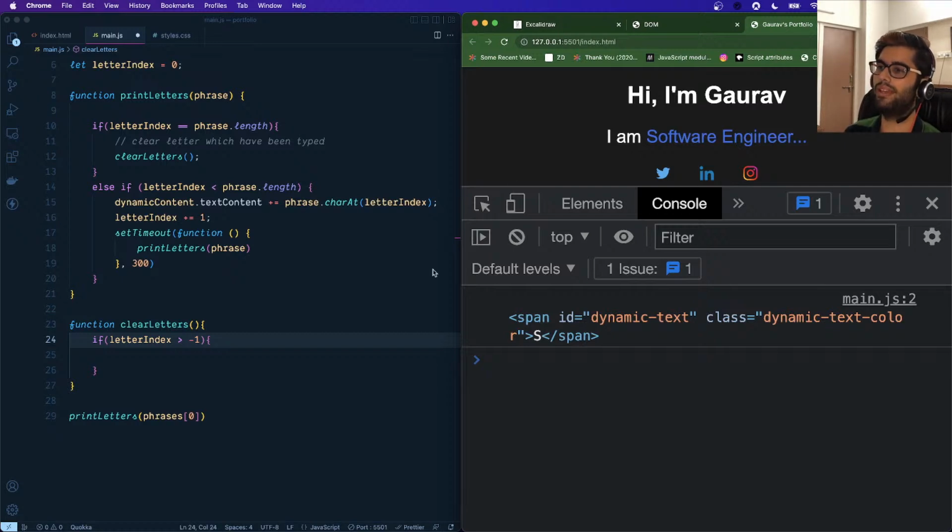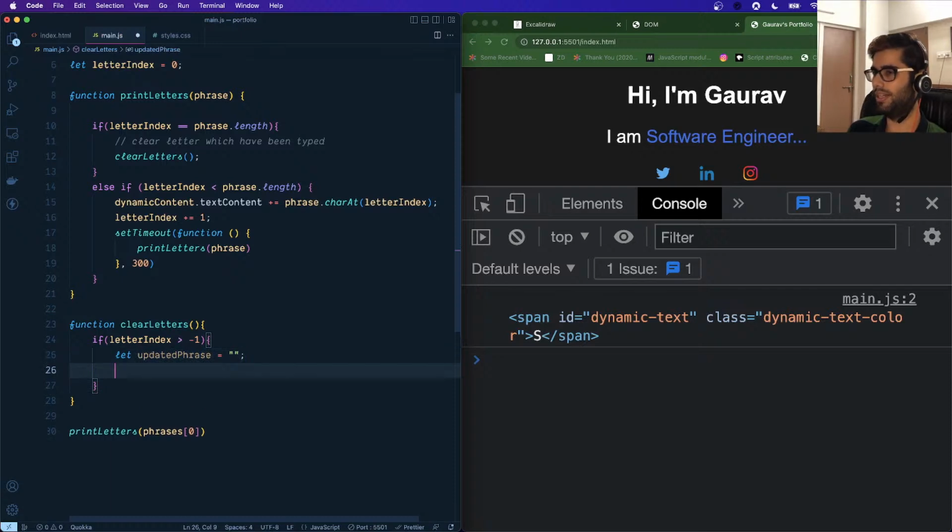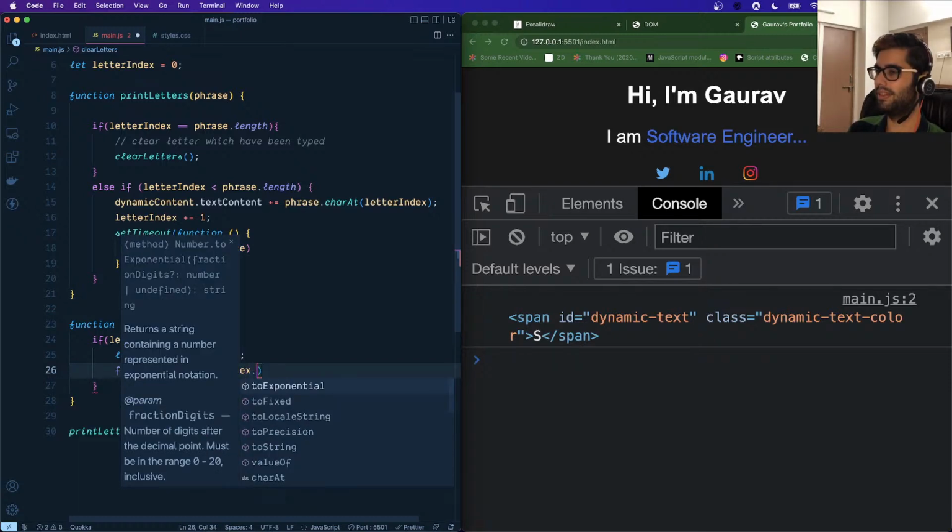So what we want to check is, till we have not cleared all of the letters of a phrase, we will keep on clearing one letter at a time, and this function we will call repeatedly using the timeout as well. Okay, so let's create a variable, let's call it updatedPhrase, and let's set this to an empty string. Then we want to loop through all the letters. Okay, so let index equals 0, index is less than